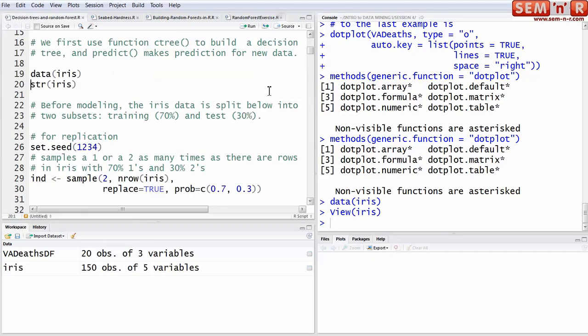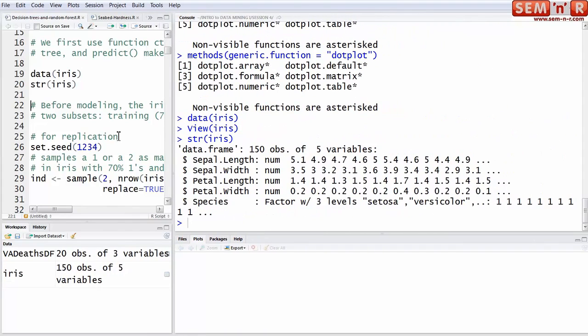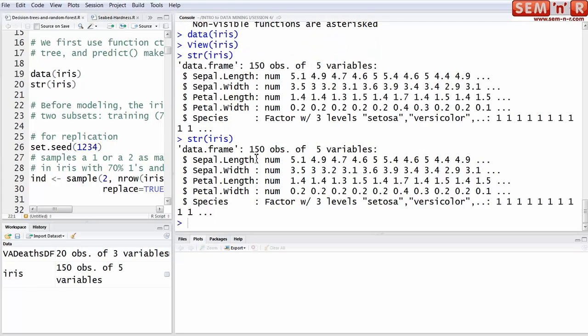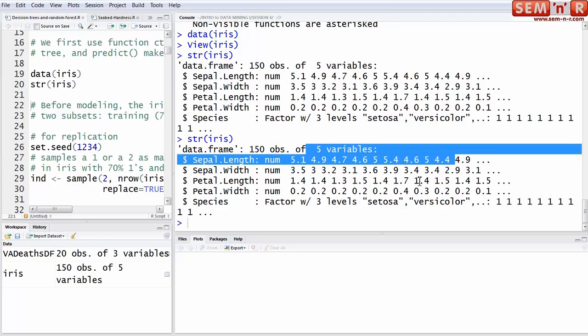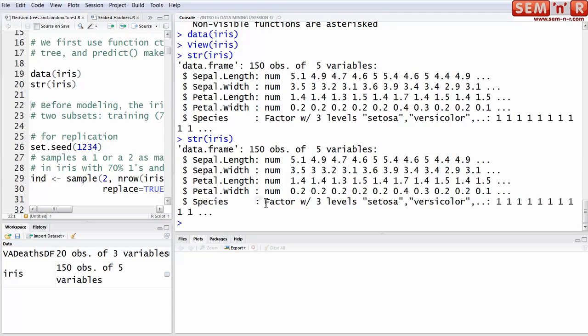And we're going to build a decision tree. Now, a decision tree, depending on the function, this first example, okay, well, how are we going to do this? It's a good idea to look at the structure of any data set you load, like in this case, it'd be IRIS. So str is one of my favorite commands because it shows you within the data frame the name of each variable, the type, the information about the values, and we can see very easily that species is a factor and these are the levels. And so it gives you a really good quick